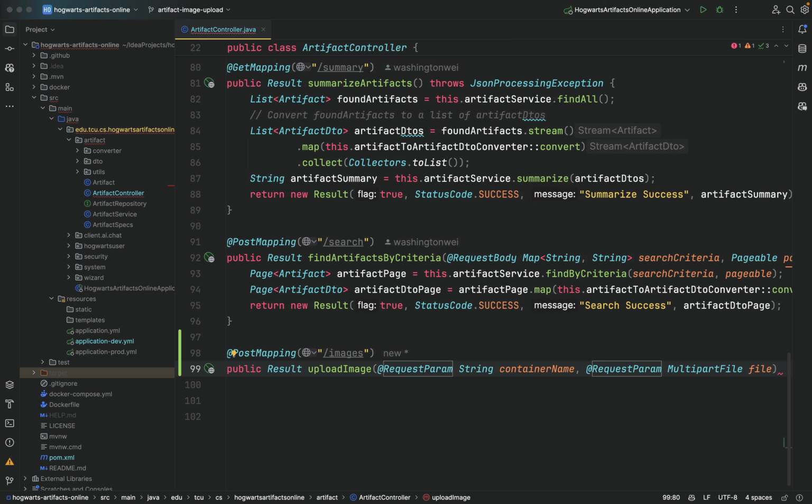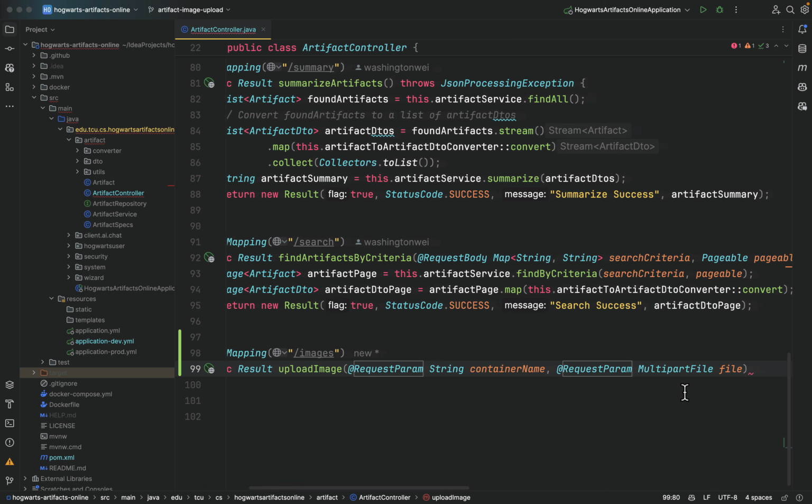We need to use the @RequestParam annotation to bind the form data in the request to this method's formal parameters. Okay, let me explain. Spring provides support for HTTP multi-part file uploads. It automatically binds the file to this multi-part file formal parameter, so we can use it inside the controller method. The multi-part file here allows us to access details about the uploaded file, such as its name and type. For example,